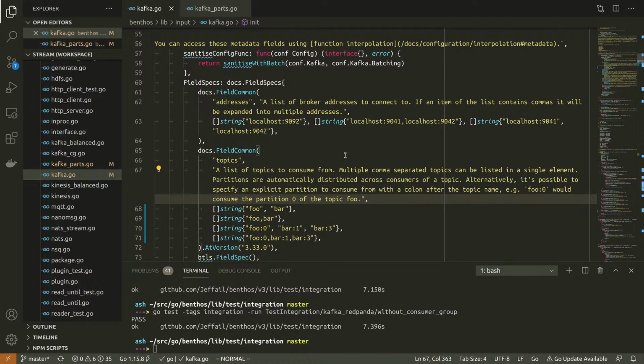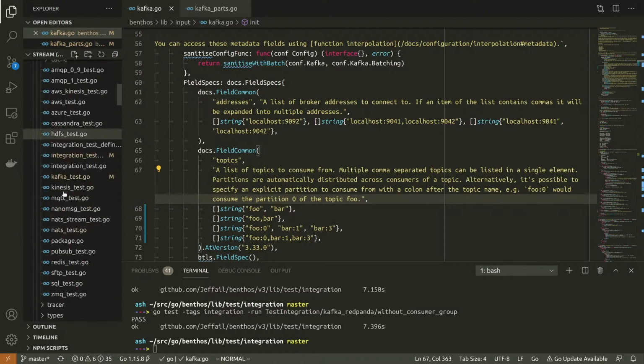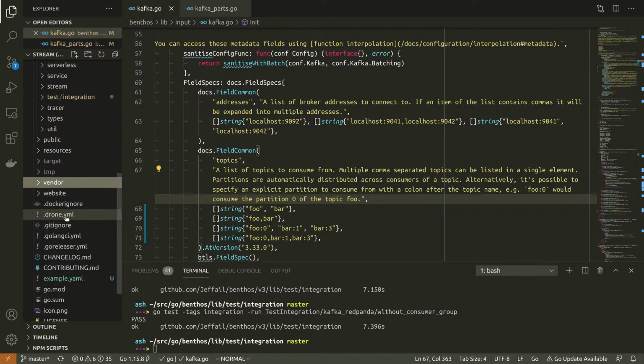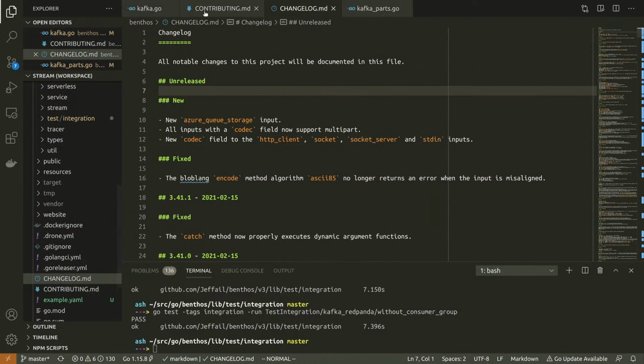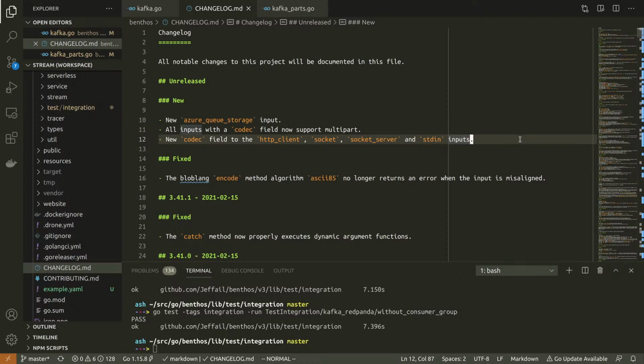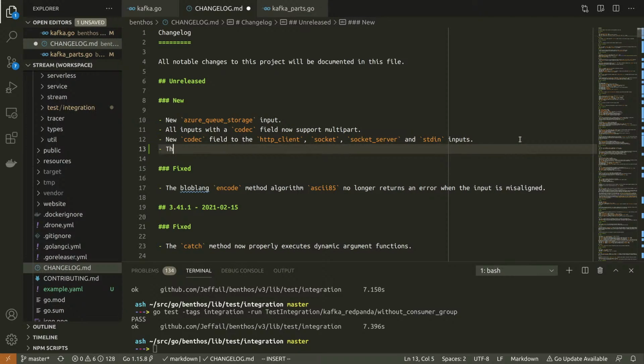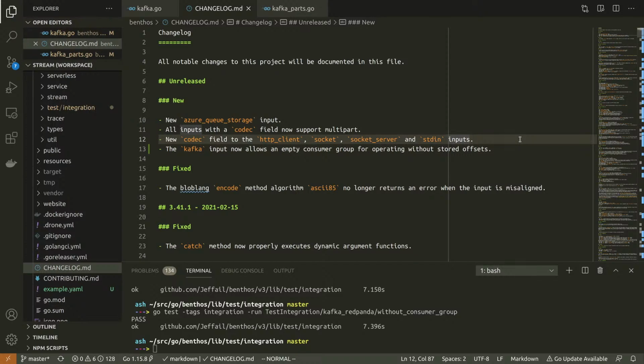This topic, I'm going to document this first. Actually, I'll tell you what, I'm going to add a changelog entry, because I do this by hand. Release new, the Kafka input now allows an empty consumer group for operating without stored offsets.